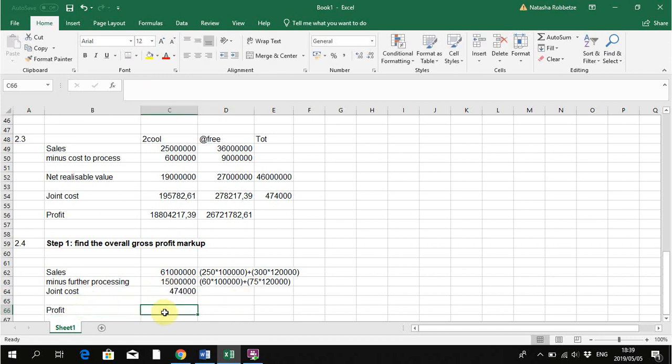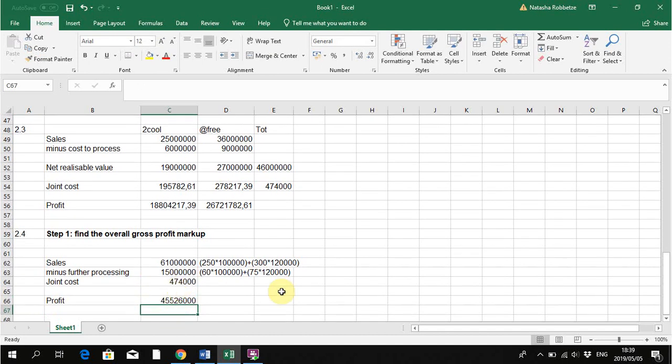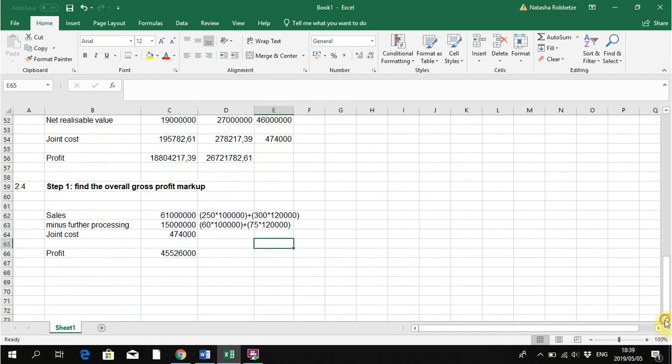And now we're going to get to a profit. So the profit of the overall business is then the sales minus the two types of costs. And now we can calculate our markup. So the markup is then based on sales. So it's going to be the 455,260,000 divided by the sales of